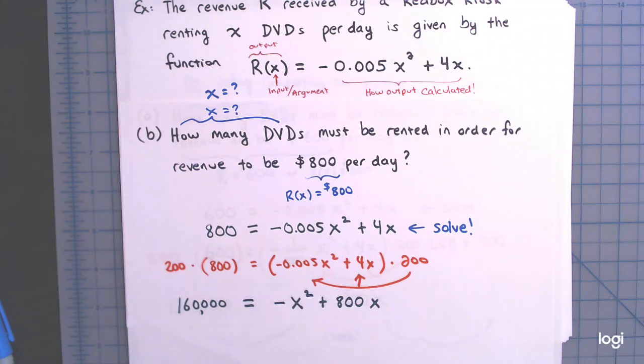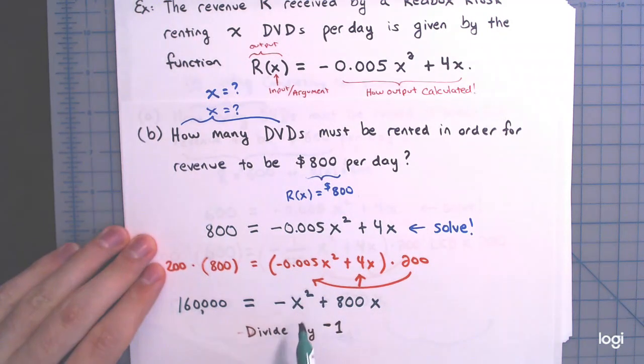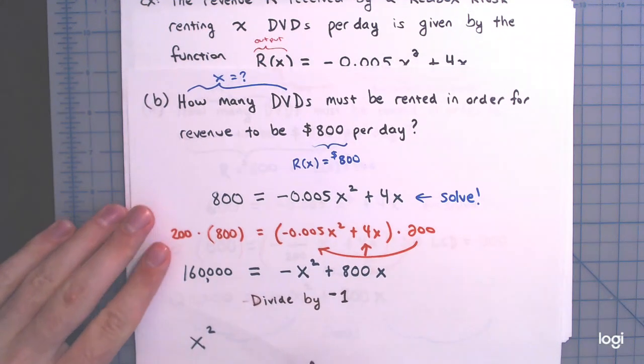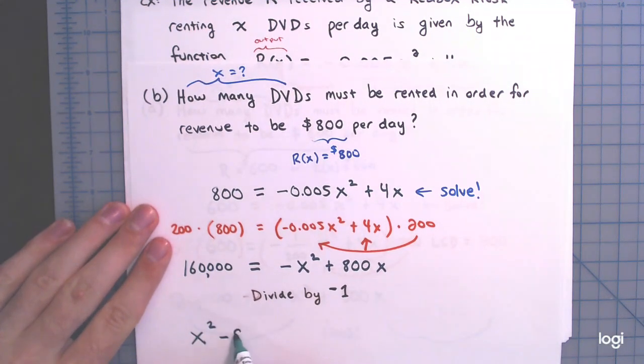So just like last time, I'm going to divide everything by -1 so that I get the coefficient of the x squared to be +1. Right? I want the coefficient of the x squared to be +1. Alright, so if I divide both sides by -1, this side will be x squared, and again I'm switching the sides. X squared, then minus 800x,